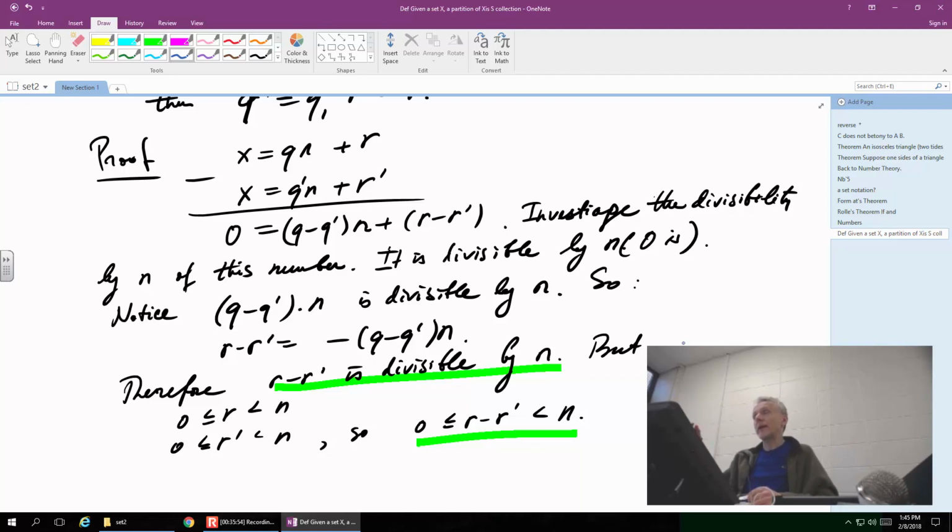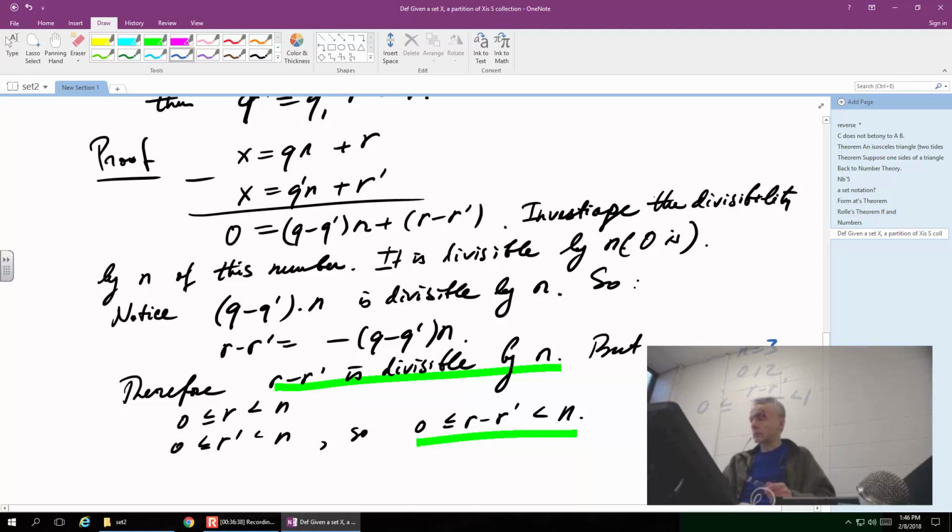You cannot divide by a number that is larger than that number and hope to have a 0 remainder unless you start with 0. Like I said, if n is equal to 3, you're looking at 0, 1, and 2. It's like a fraction, with the numerator less than the denominator, right? So it's like R minus R prime divided by n. So we know it's less than 1, but larger than or equal to 0.